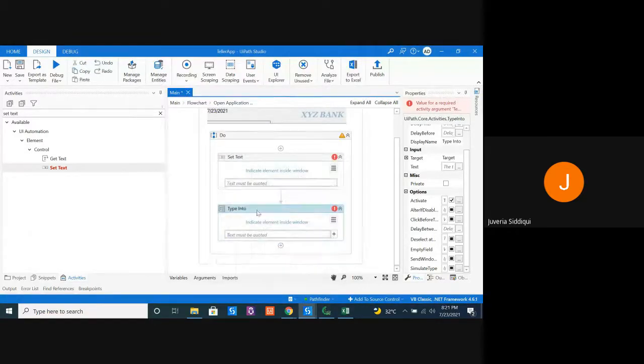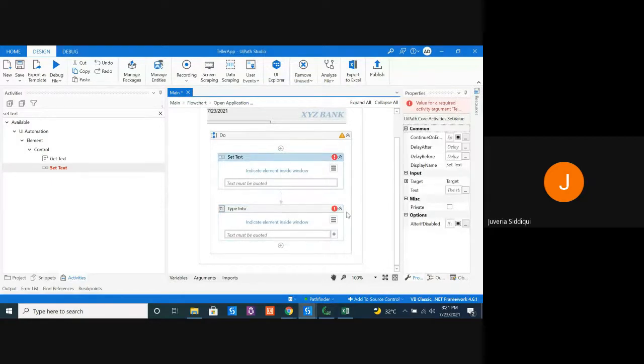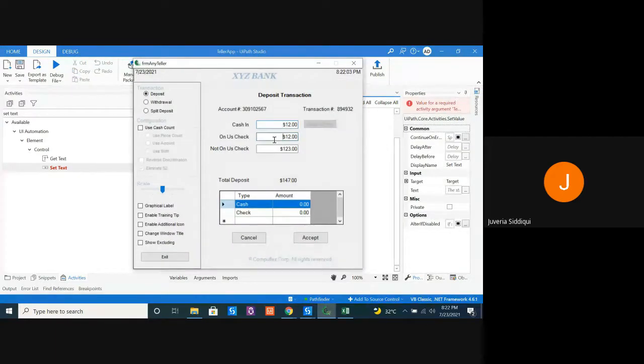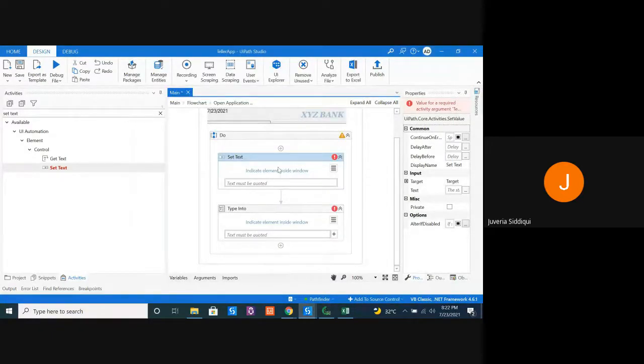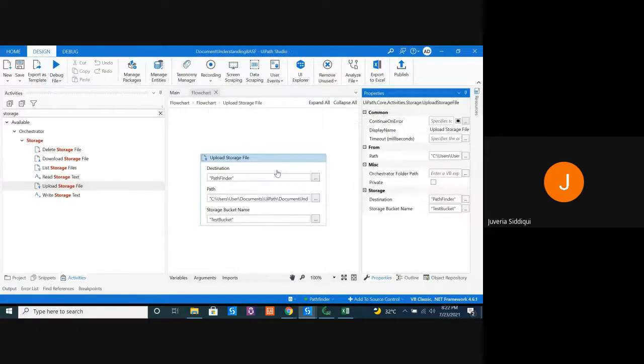Type into gives you that liberty, and set text will basically set the text at the back end. So you will not see the bot clicking somewhere, but directly just setting the text in one go. Then also when you use set text, I'll show you a practical demo rather than just talking.